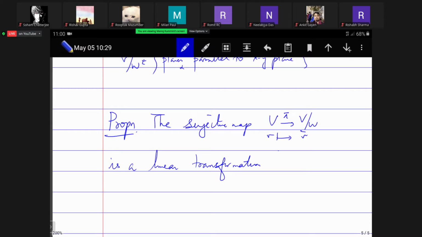So we need to check that if lambda is a scalar and V1 and V2 are vectors, pi of lambda V1 plus V2